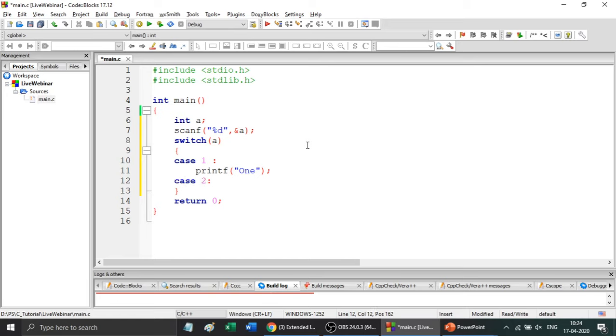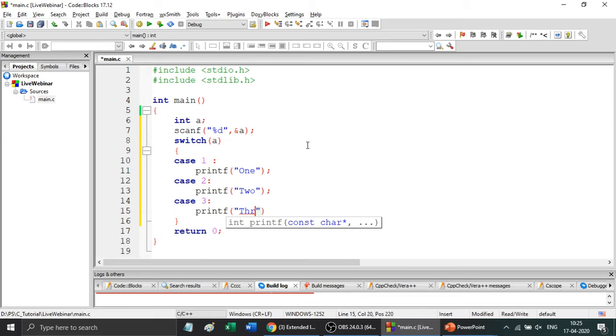I've just put case 2, print the value 2. So I have just typed a switch case program without any break or default condition. Let's try to execute this program and see what the output is.